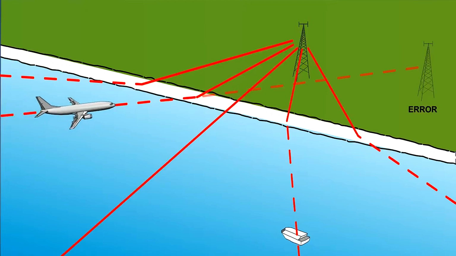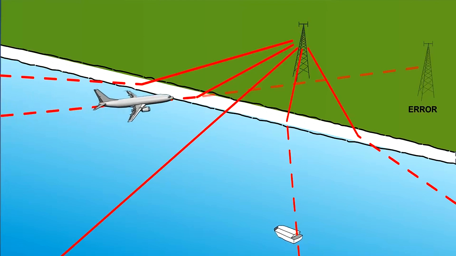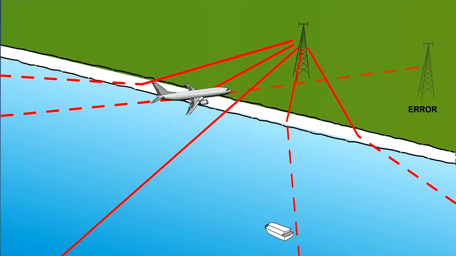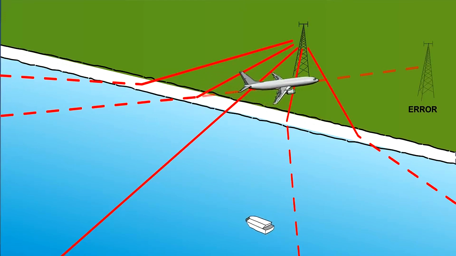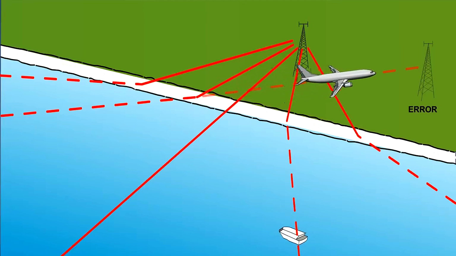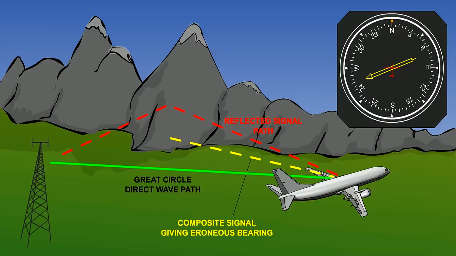Coastal refraction, caused by radio waves traveling faster overseas than over land, results in radio waves which cross the coast at angles other than 90 degrees, the normal, bending away from the normal as they cross from land to sea. The greater the angle of the point of crossing from 90 degrees, the greater the error. Mountains can cause reflections and diffraction of radio waves. The solution is to fly higher.